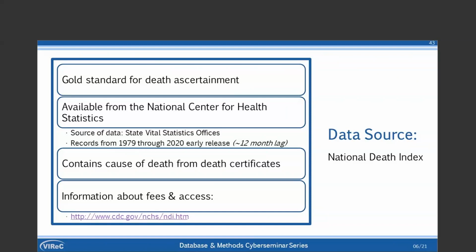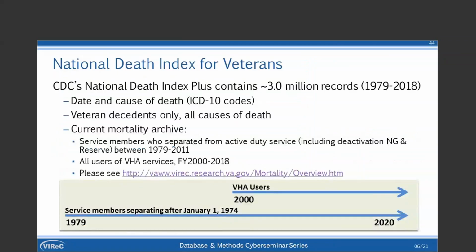Now, it does not include the whole death certificate. It only includes certain items from the death certificate, mainly things like race and the date of death, and probably also of importance, the underlying cause of death. And there is a fee structure involved, and the link to CDC can tell you more about that. Now, there's also a national death index for veterans,